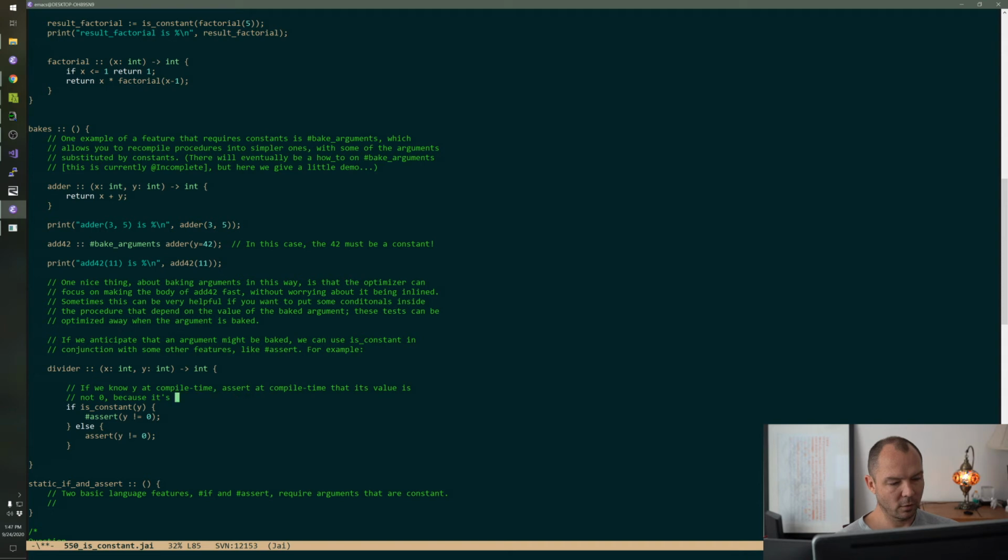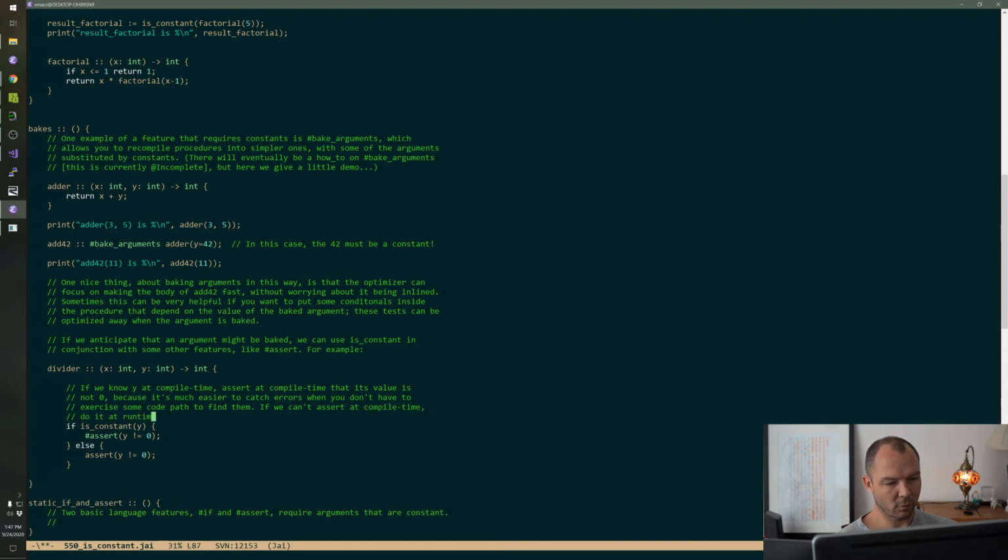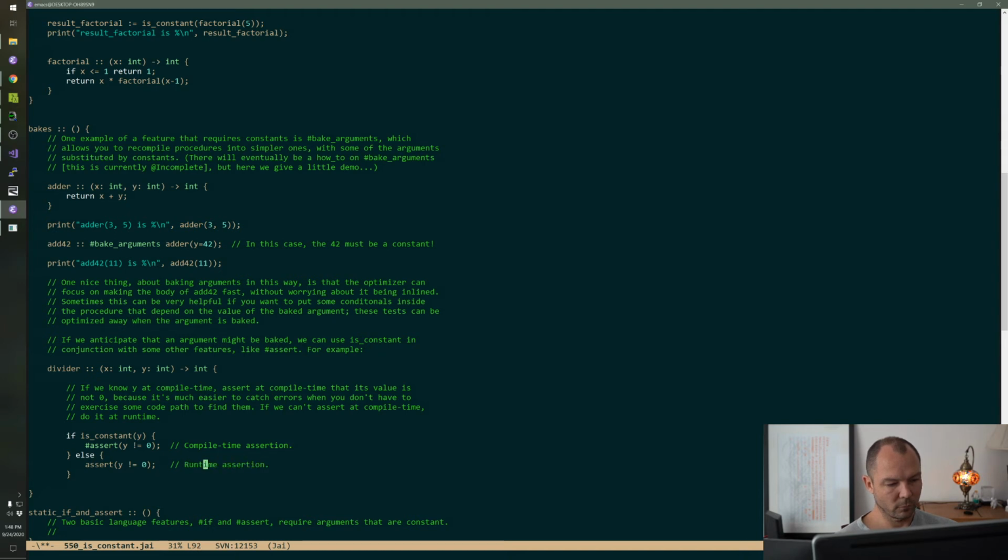Because it's much easier to catch errors when you don't have to exercise some code path to find them. If we can't assert at compile time, do it at runtime. All right. Return x divided by y. Okay, so